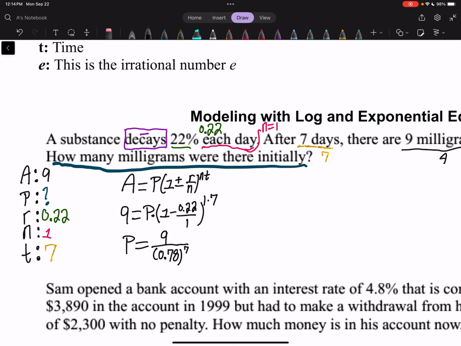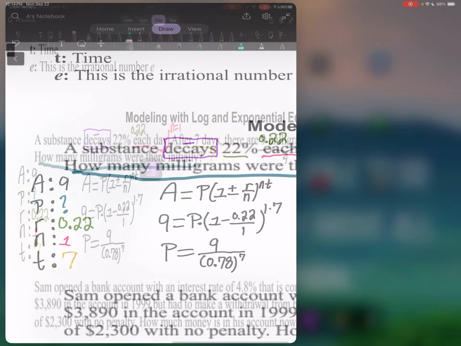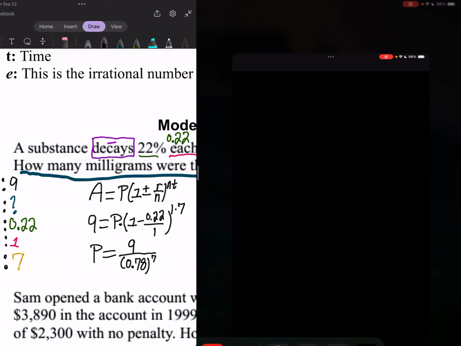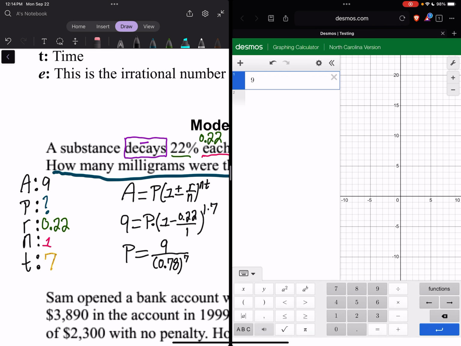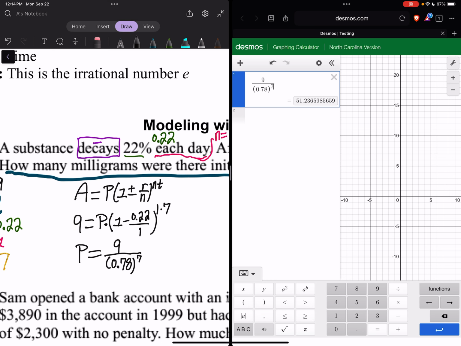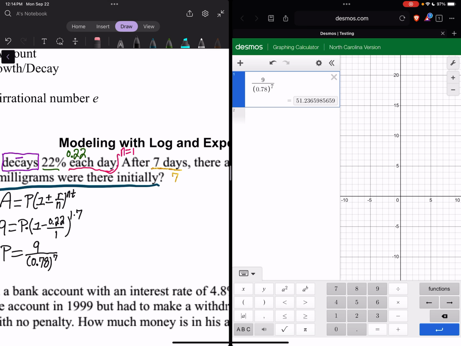Okay. Since I have this equation, I can type that in Desmos. Nine divided by 0.78 to the power of 7. And I get 51.2365. So I'm going to say this is approximately 51